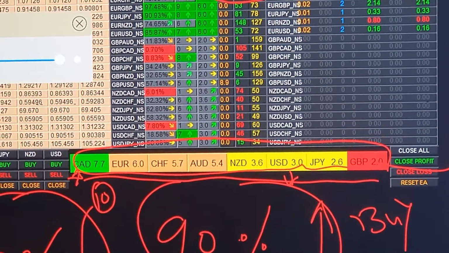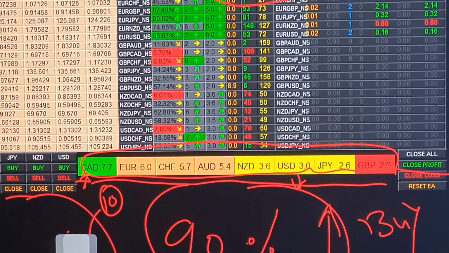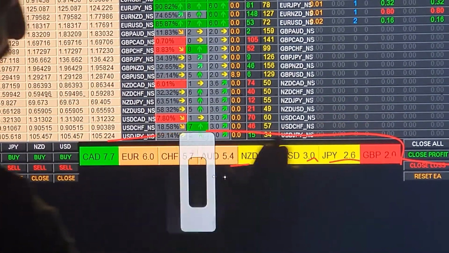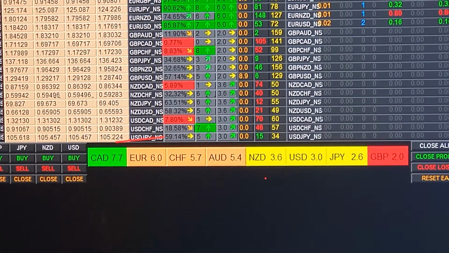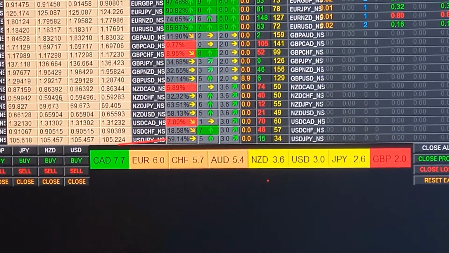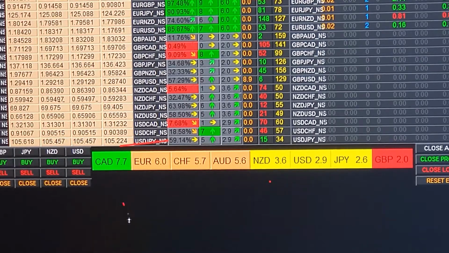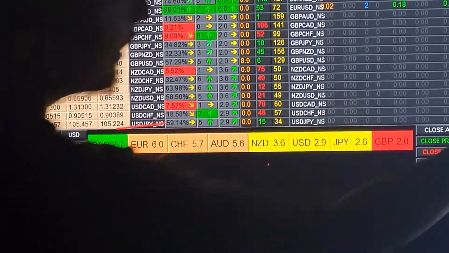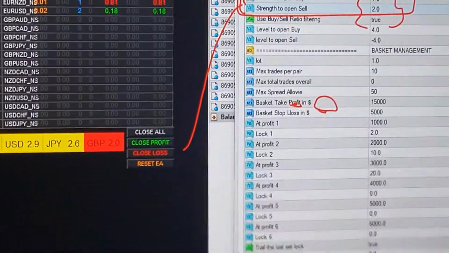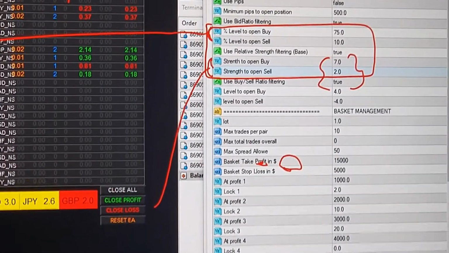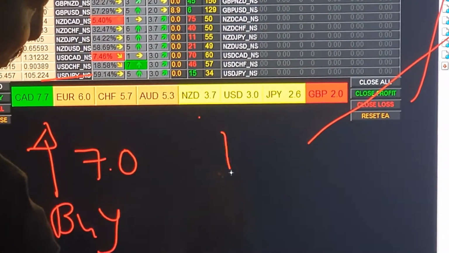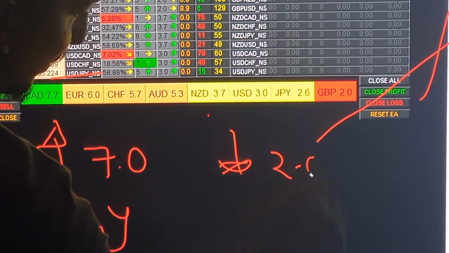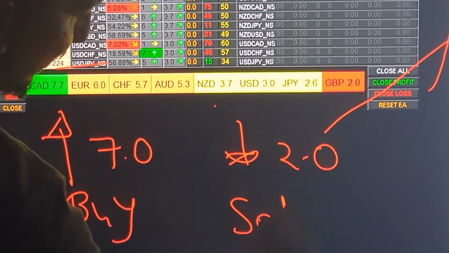Here 7.0 is selected, so once it goes above 7.0, it will buy, and we have selected 2.0 here, so once it goes below 2.0, it will sell.